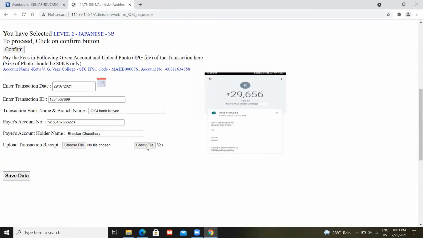Once you click on it, you will notice that the text over here has changed to yes, and your receipt, you can see it over here. Once you have confirmed the details, click on the Save Data button. You can see the receipt is getting downloaded over here.